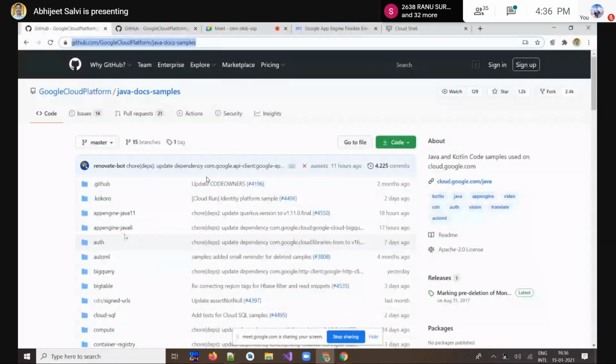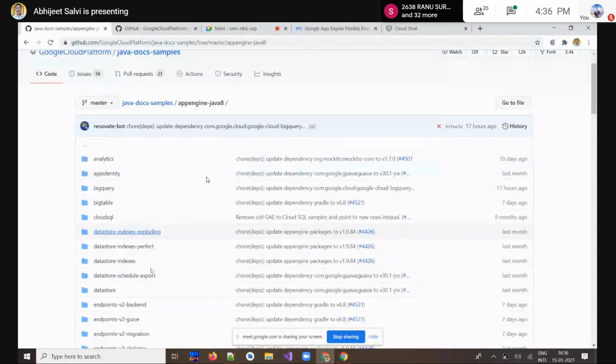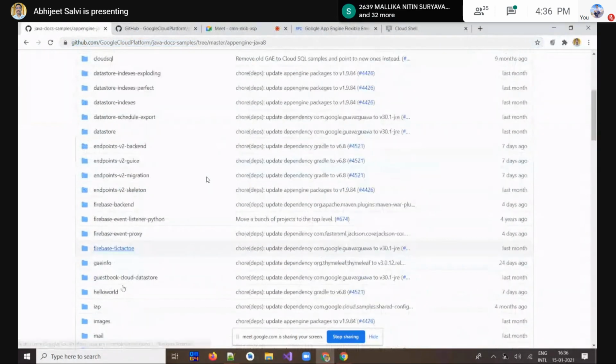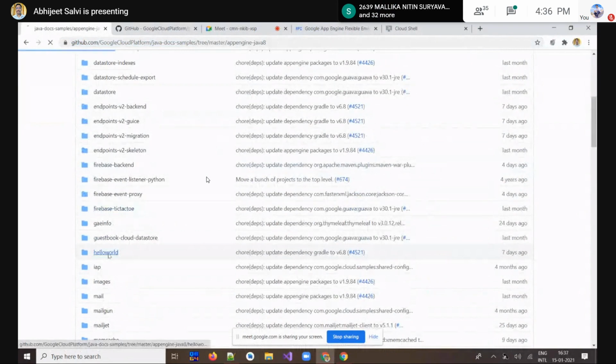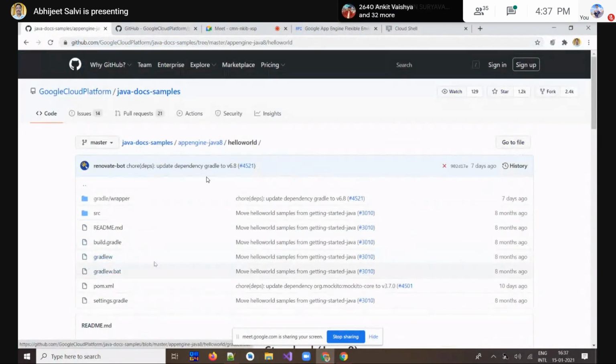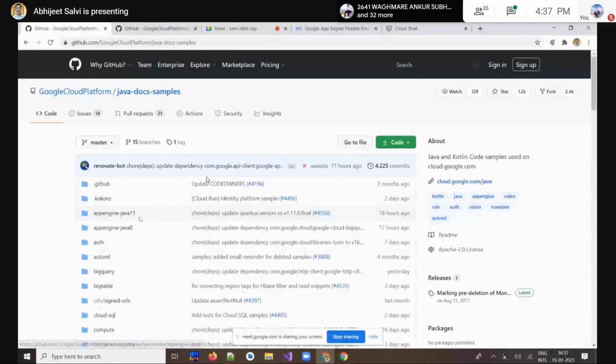Which is available in this App Engine. We'll go by that. These are the many other applications there. We are going to talk about Hello World as one of the ready-made programs available. So this is the repository we are going to use for deploying the ready-made application. You can do it like this, or you can create your own program and deploy that also, like we did in the last session.